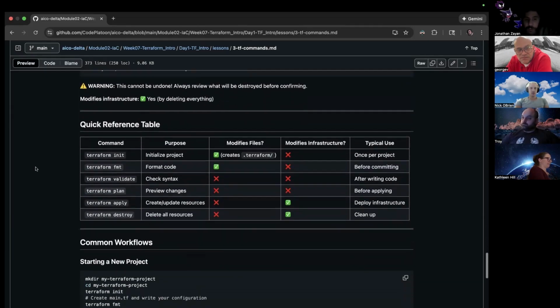So here's a quick reference, because this is the order you're going to run it in. Init, like I said, you're not really going to use this format if you have a linter. So init, validate, plan, apply, destroy. And just to clarify, just because I don't have the CLI open, this is literally the command. This is what you're going to type into your CLI in project root, right? Just like if you're initializing Git for the first time, you want to be in project root for that, right?